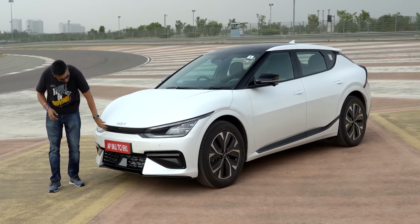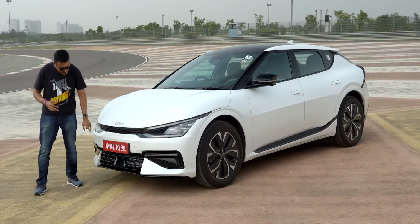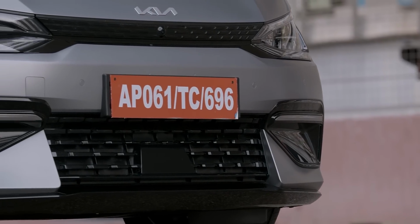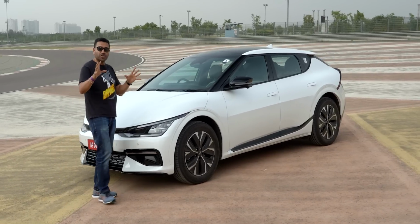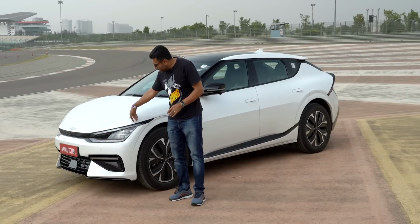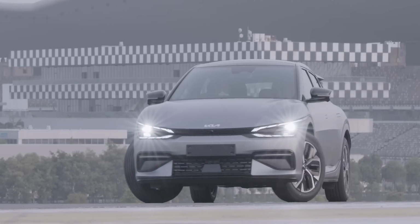It has this slim grille out here, which evokes memories of Kia's typical tiger nose grille, and the gaps in the air dam below actually feed a little cooling air into the battery and the components. It is of functional use. But overall, the styling actually looks very different from everything else, and it looks futuristic in keeping with the whole EV vibe. You also have full LED lights, these repeater indicators, big 19-inch wheels, and because the EV6 runs